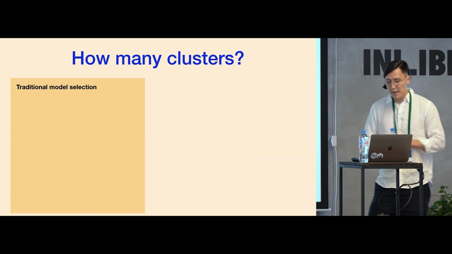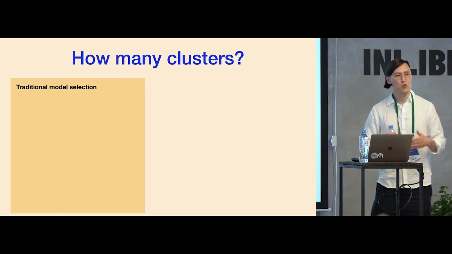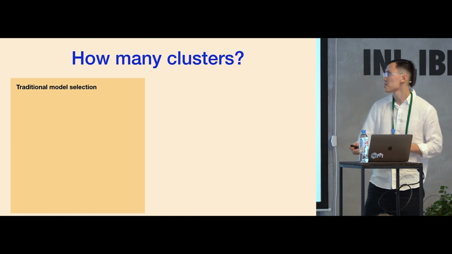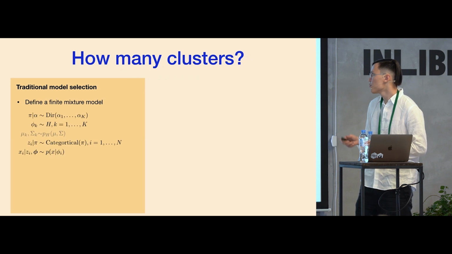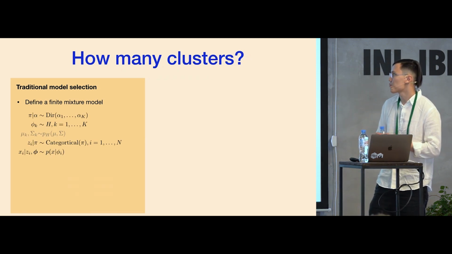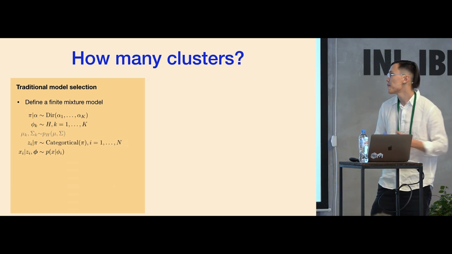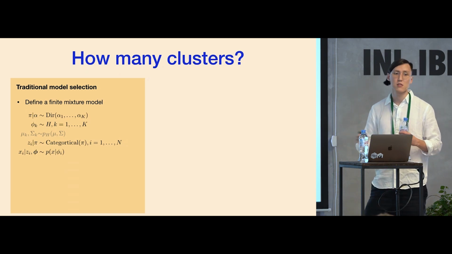So how do we answer this question traditionally, using the traditional model selection process? Normally, you would assume that your data set is generated from a mixture model. And a Bayesian mixture model usually looks like this. You have a Dirichlet prior over cluster probabilities,